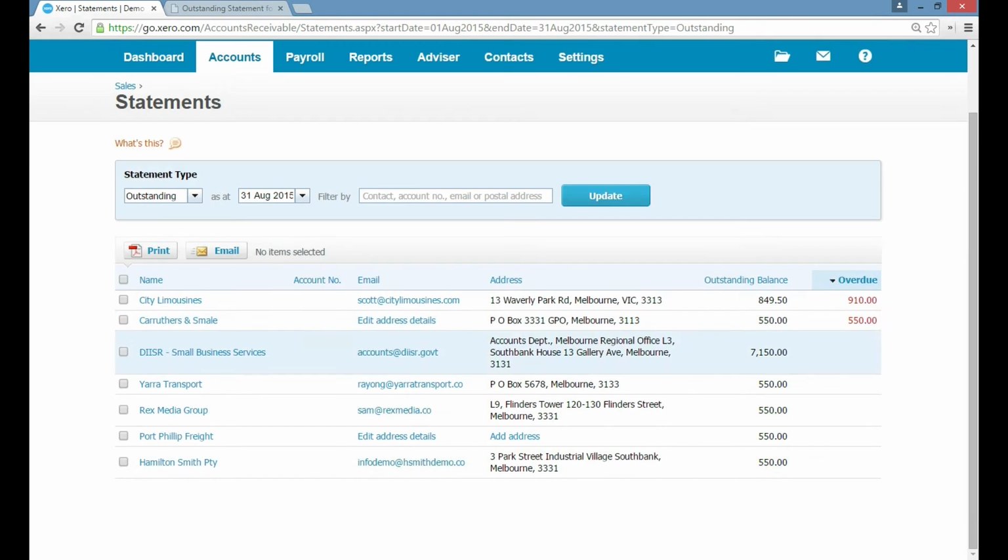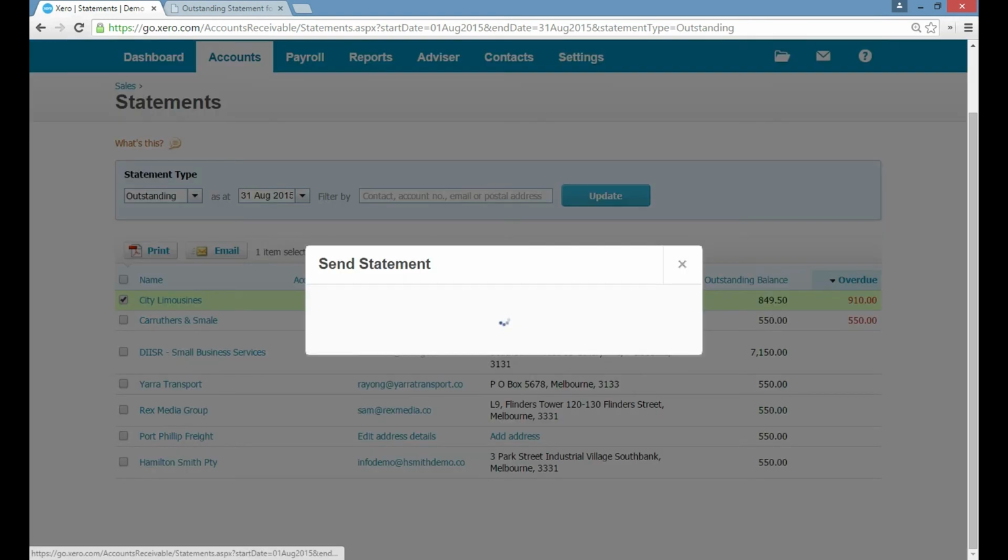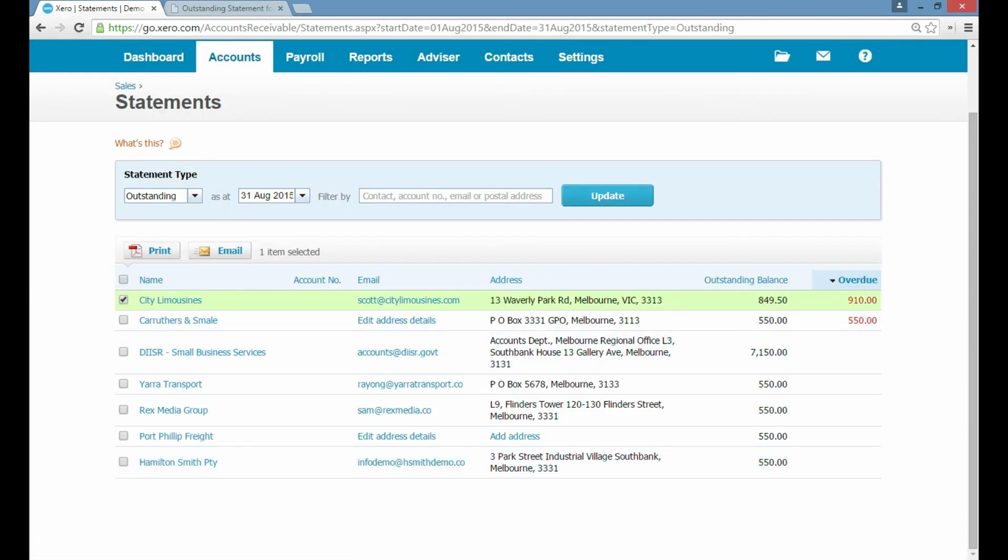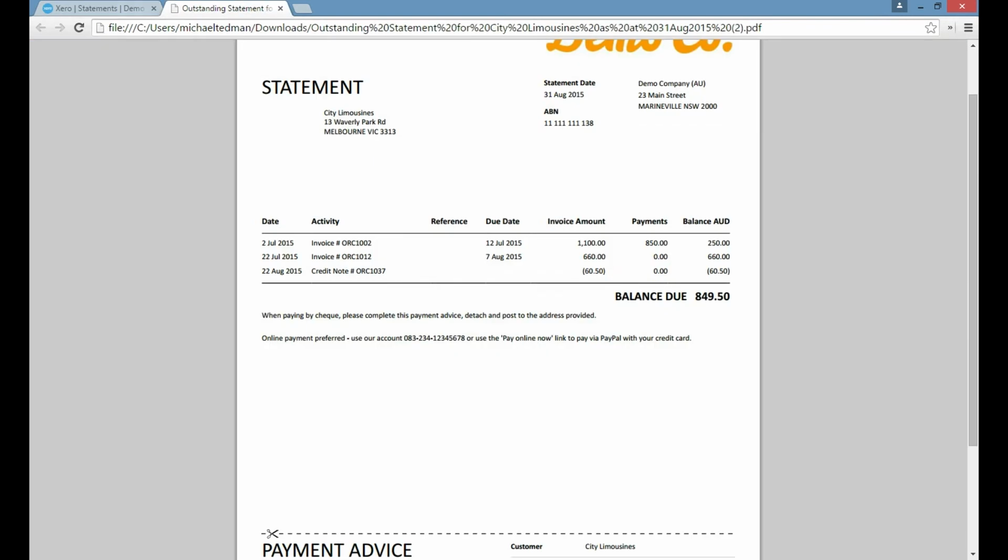If you don't want to email them all, you can just email one. Nice and simple. And like I said, you can just generate a PDF and email it from your own